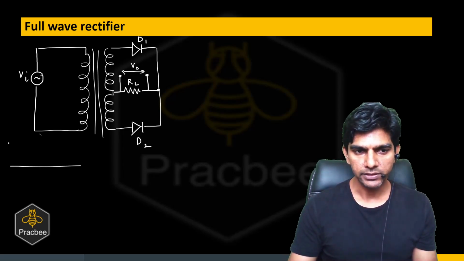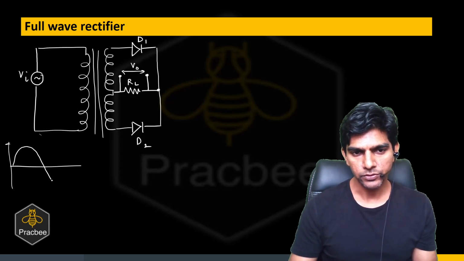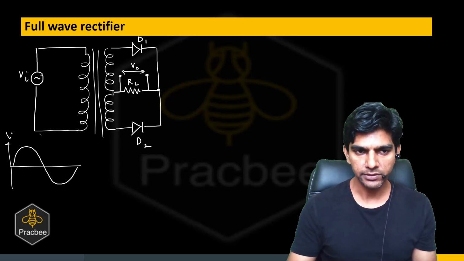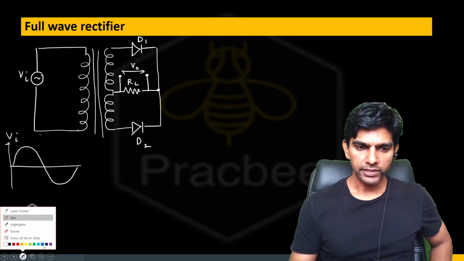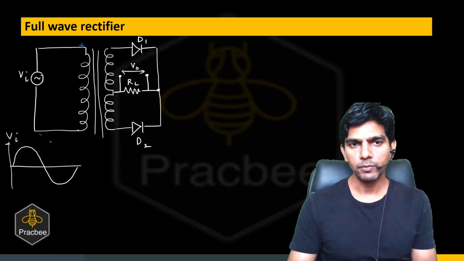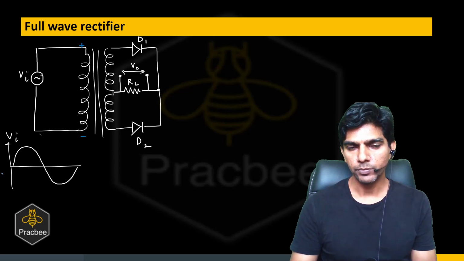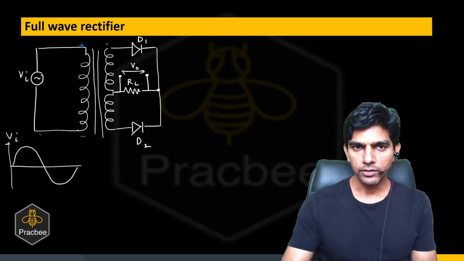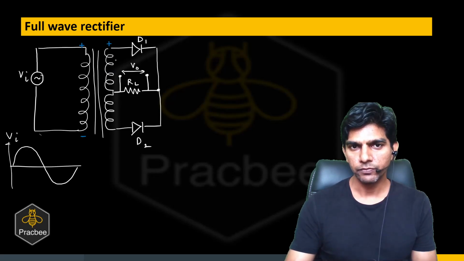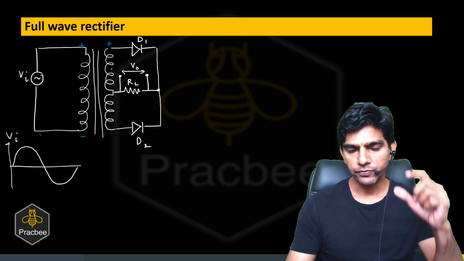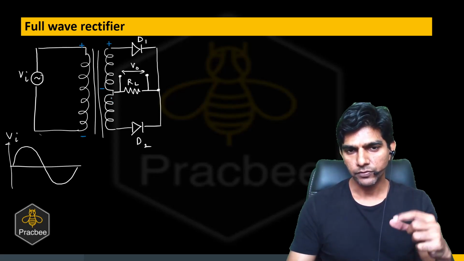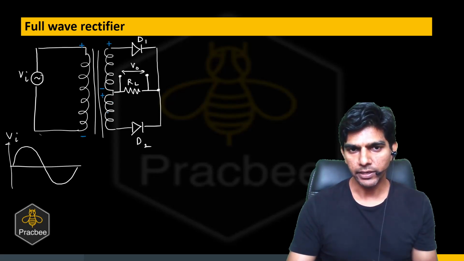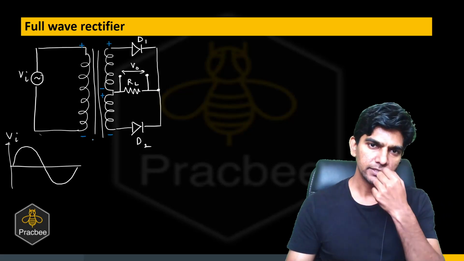Again, here what is happening? We have a sinusoidally varying input voltage. In the positive half cycle, the top side of the primary will be at high potential and the bottom will be at low potential. Similarly, the top side of the secondary will be at high potential. Since it is made up of two parts, for the first part the bottom side will be at low, and for the bottom half, the top will be at high and the bottom at low. Can you see what is happening here?